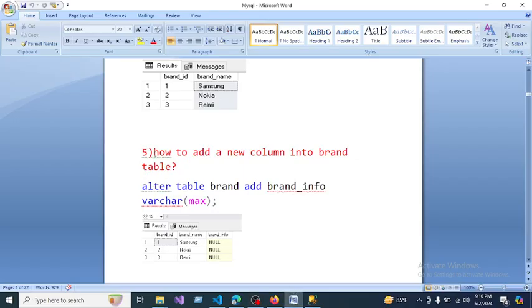So how to add a new column or update the column name from your table. Okay. And the syntax is alter table, enter your table name, add brand info. Okay. And which is the varchar maximum. Copy this code,